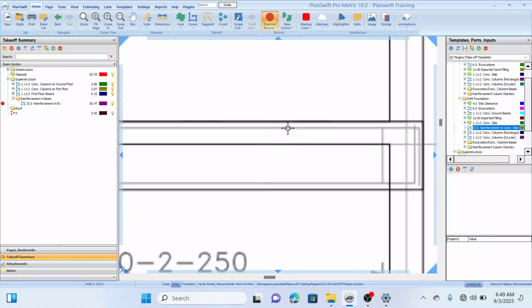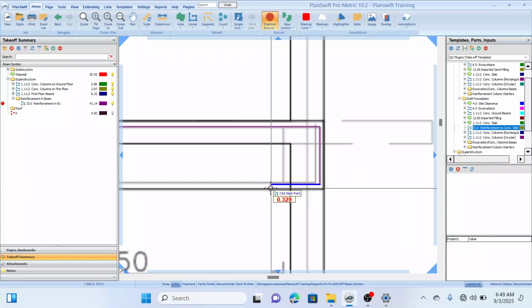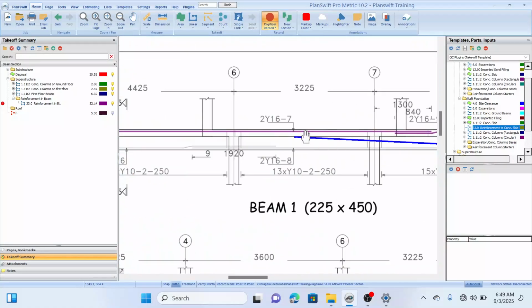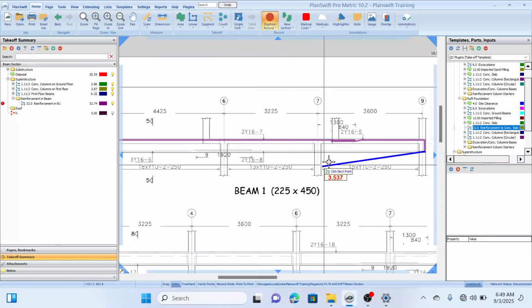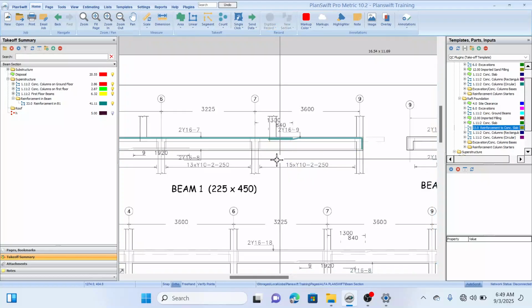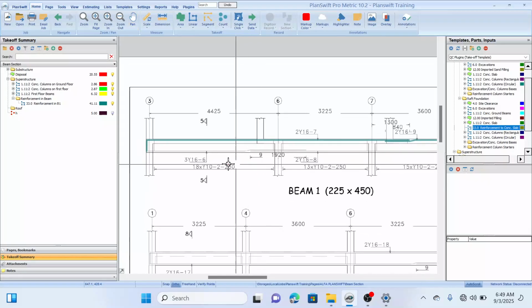You have to trace them one after the other because of the break in the reinforcement. So we are done with the top bar in our beam 1. So I'll click on Escape to end that measurement. We're done with that. What we're left with here in beam 1 is the bottom bar, and we have 3